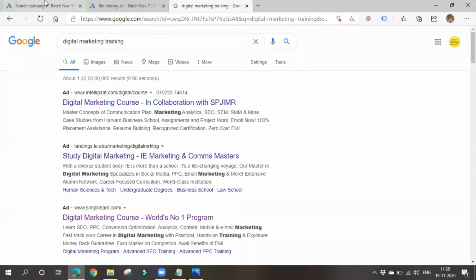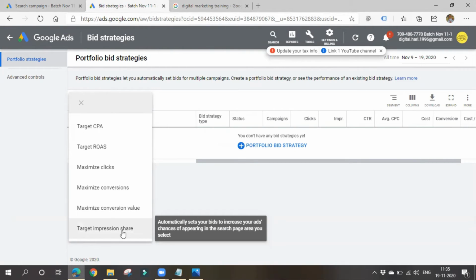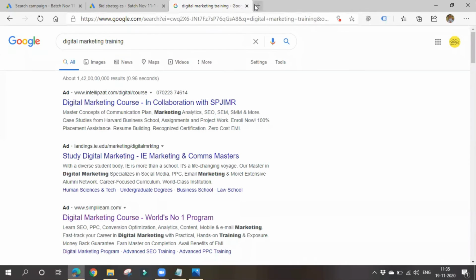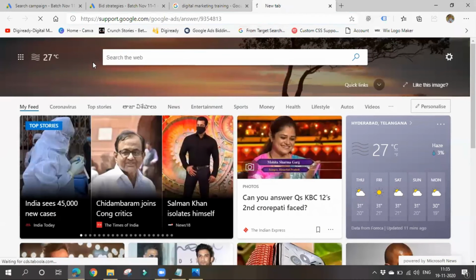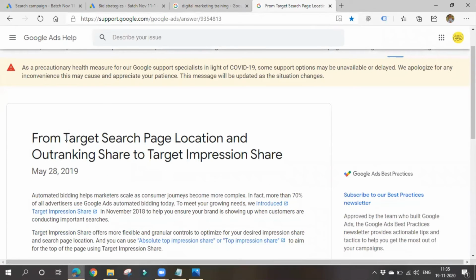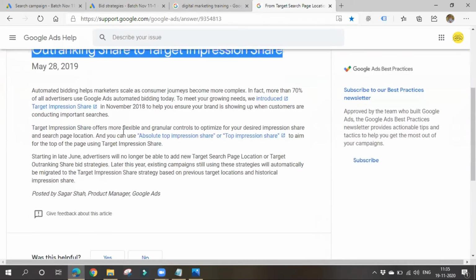Yes. If you see, your target outranking share is not there. Before this, target impression share also was not there, but Google removed them recently. Let me show you. It changed from target search page location and outranking share to target impression share.